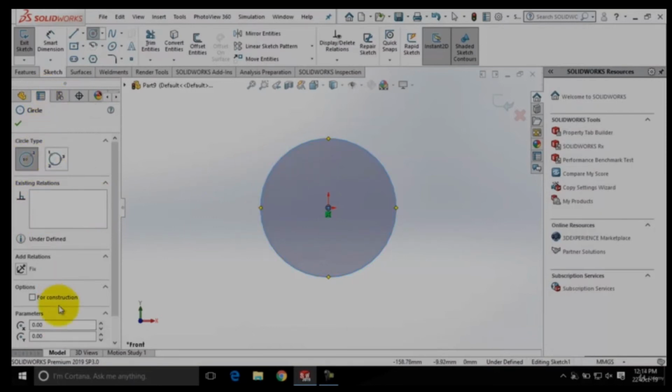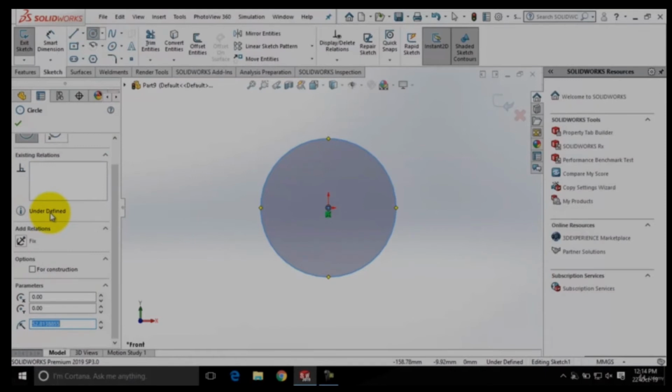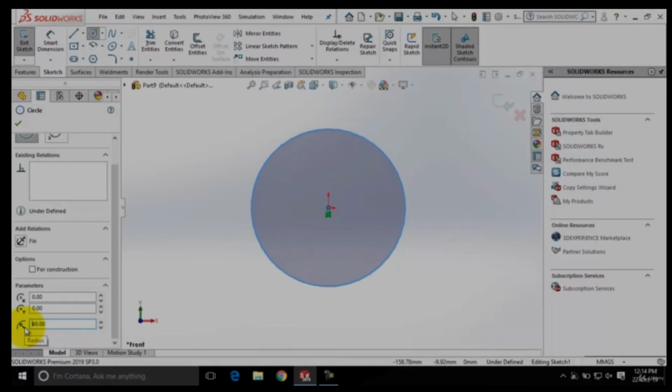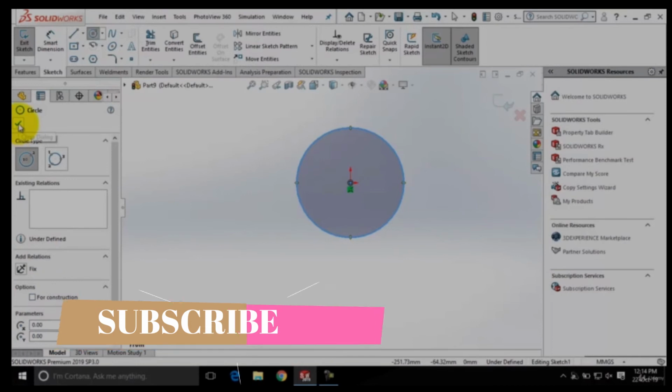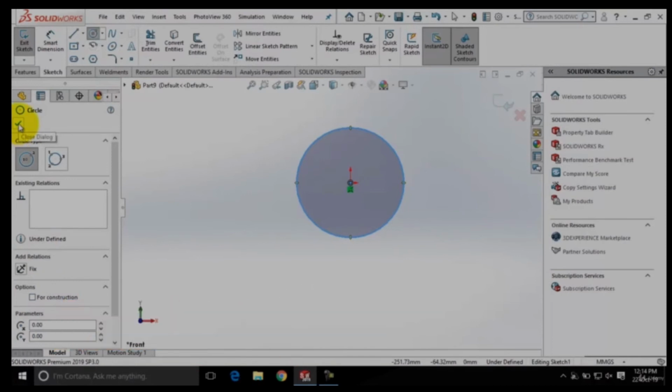Like you can see the circle here is of center type, and currently it's an under defined sketch. And the radius value is 52.85 centimeters. You can change the value in this edit box. Let me change it to 60 centimeters. Press enter. Now you can see the radius value has changed. After making all the changes in this PropertyManager, I will click this close button.